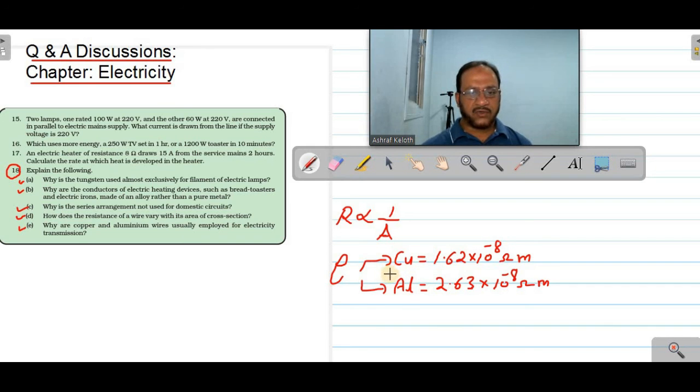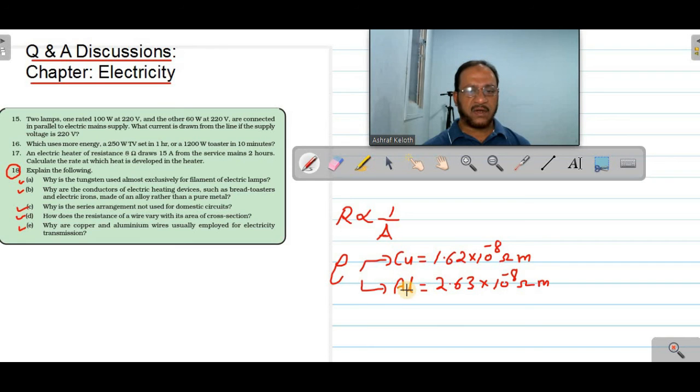But still we are using copper only inside the house, in domestic circuits. Outside, for transmission of electricity from the power station to the city and the home, we are using aluminum. Copper is not used. Two reasons are there. Copper is very costly. We cannot afford that. The construction cost will be very high if you use copper wire. Thousands of kilometers are required for transmission lines, and that much copper will be very costly.